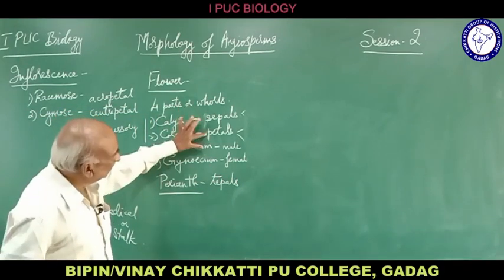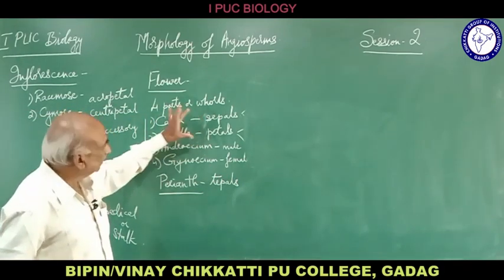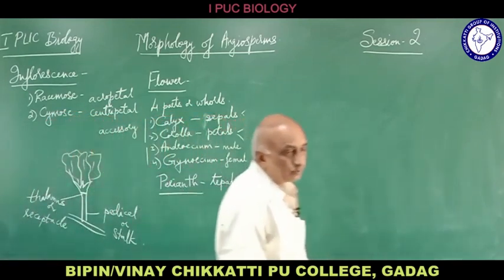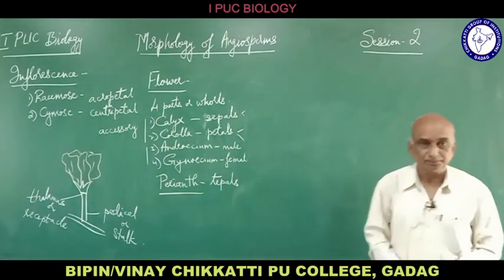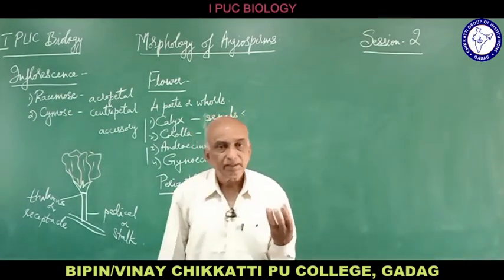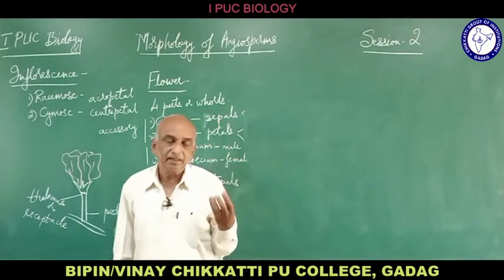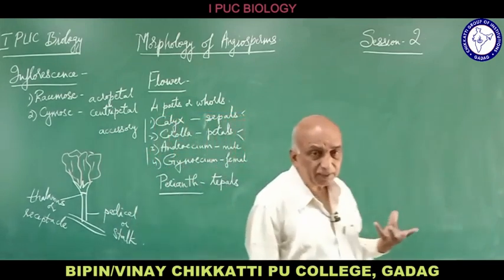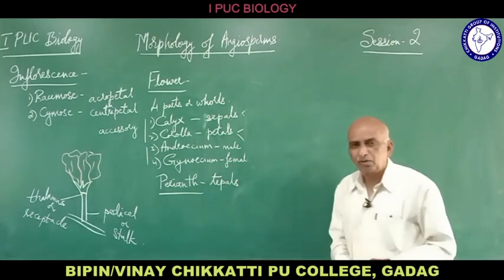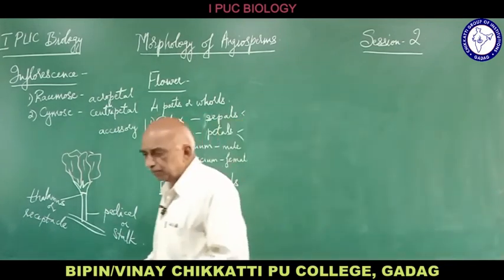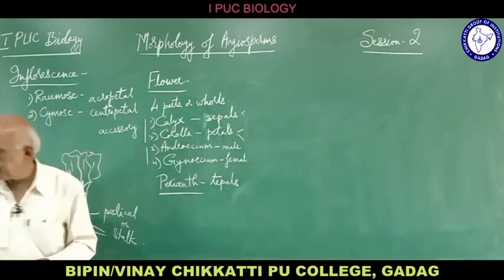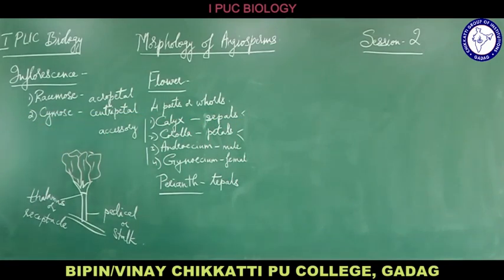So when sepals and petals are fused, it means the calyx and corolla are fused. In case of monocots we usually see this. In case of onion flower, if you have seen the onion flower, it has perianth. That means the calyx and corolla are not clear. Even in coconut also, it is a monocot. So perianth is commonly seen in monocots, very rare in dicots. That is what perianth is. And other terms related to this